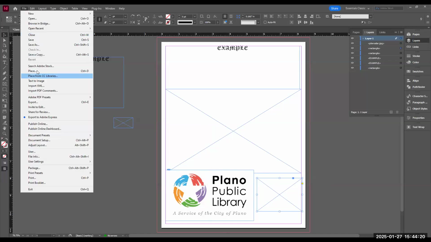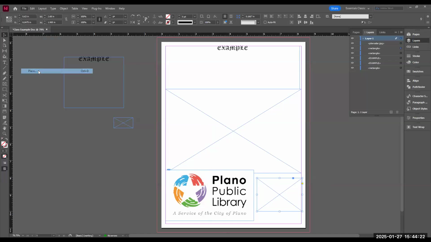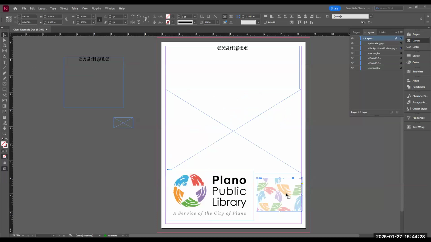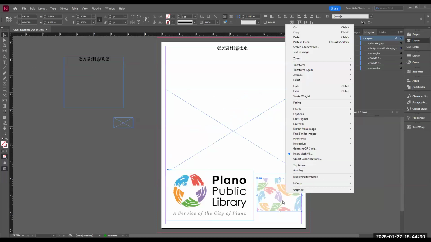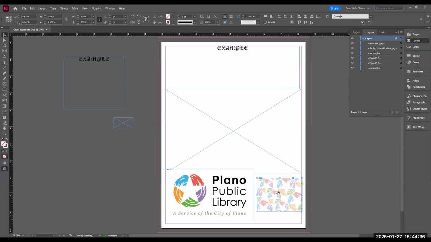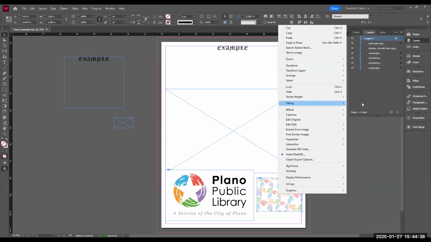Again, it's File, Place, or Control D. And I'm going to choose a different image here. If you want to change how it loaded into a frame, right click, go to Fitting,